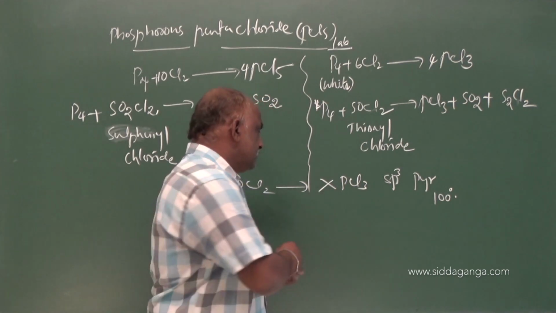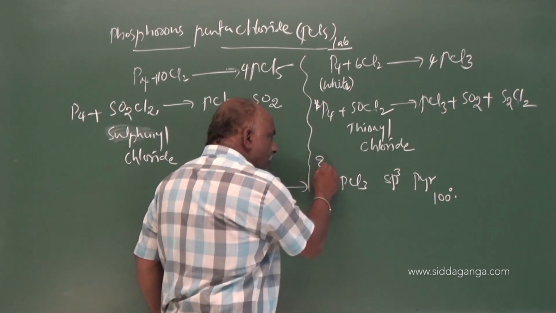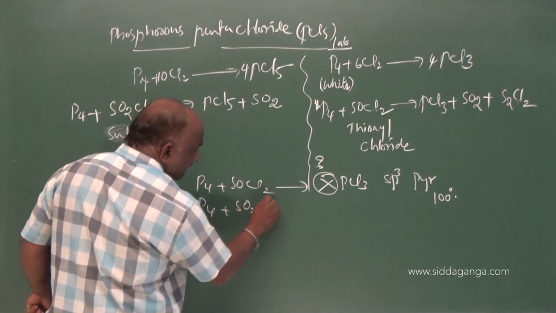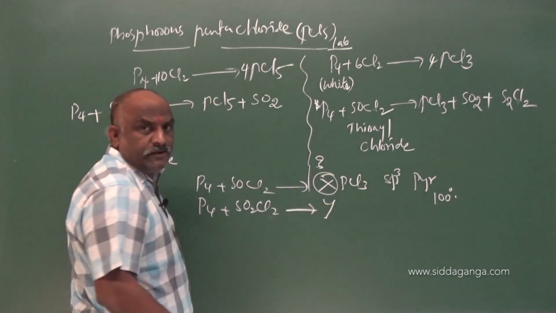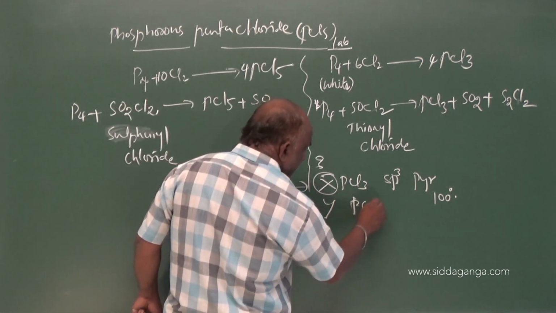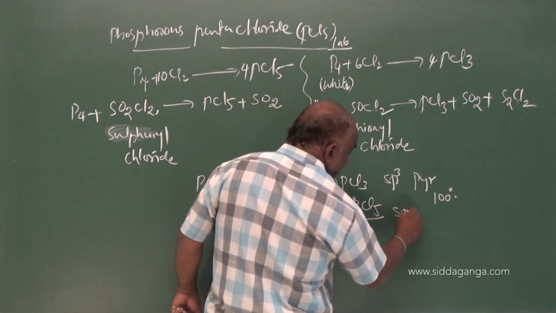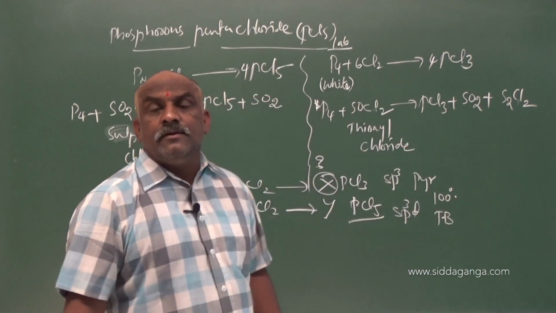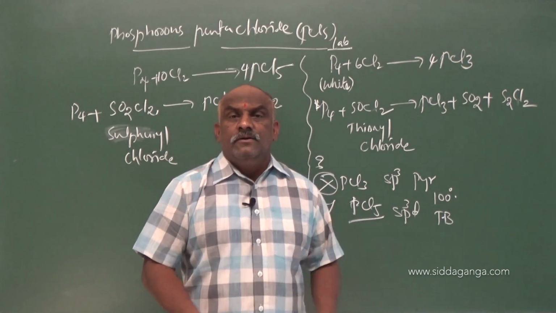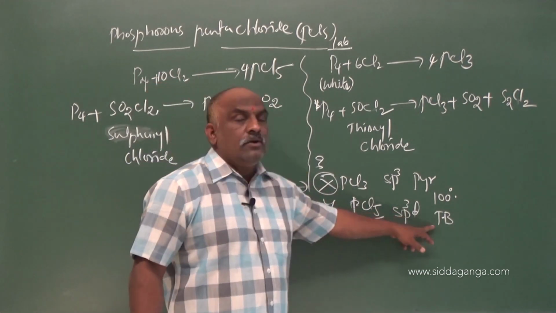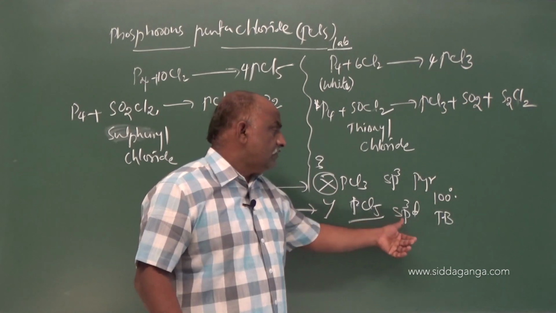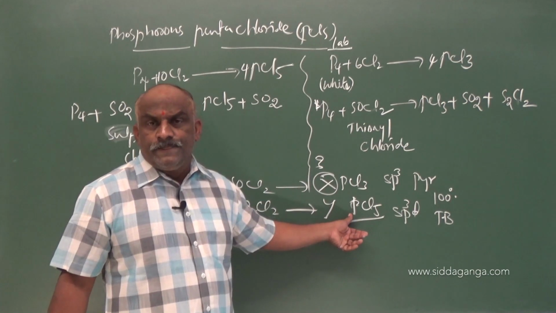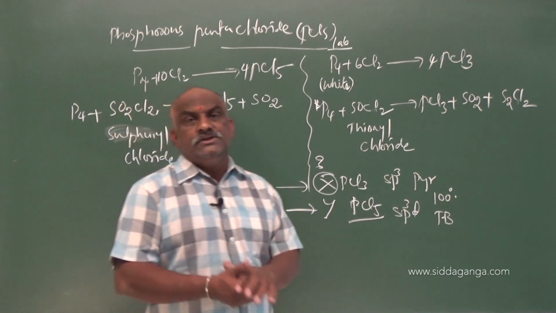Here we have to find what the question mark is. Suppose they give it like this: P4 plus SO2Cl2 gives Y. What is Y? Y is PCl5, or Y is sp3d hybridized, or Y is trigonal bipyramidal. What is the shape of Y? Trigonal bipyramidal. What is the hybridization of Y? sp3d. What is Y? PCl5. Clear? Like this type of questions we have to